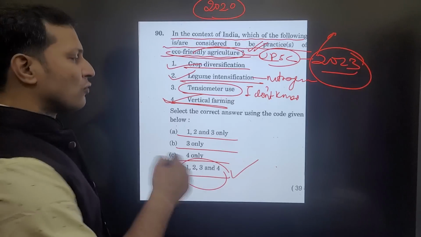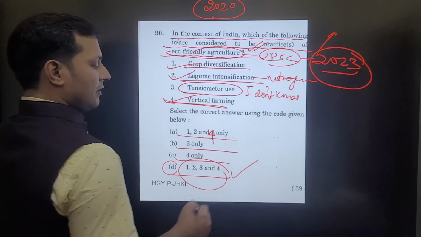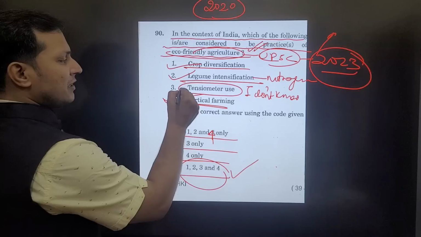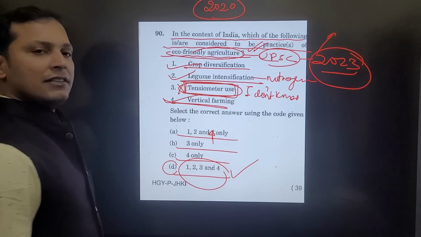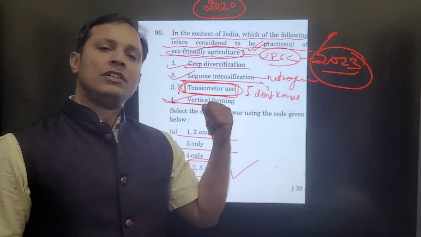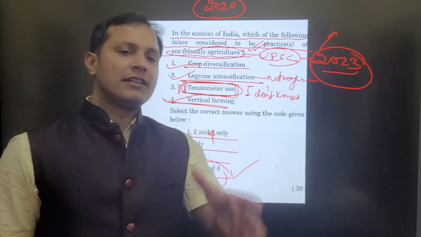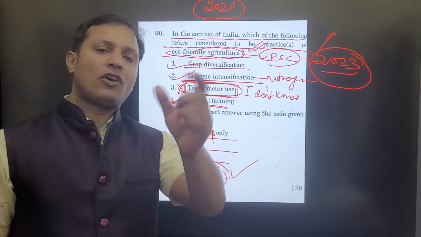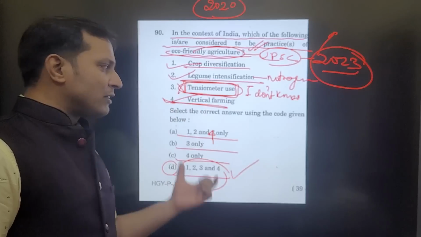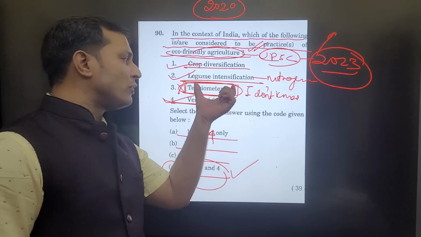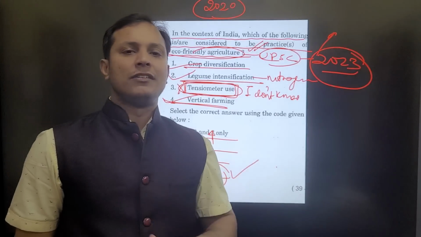See, if UPSC had wanted to confuse you, it could have given 1, 2, 4 only, and 1, 2, 3, 4. But UPSC does not want you to know this tensiometer. It is there just to confuse you. Remember this. Many times UPSC candidates get scared just by reading something which they have not read. But if you read all the options, you find UPSC frames the question in such a manner that you can get the answer even without knowing this, if you have common sense and basic knowledge.